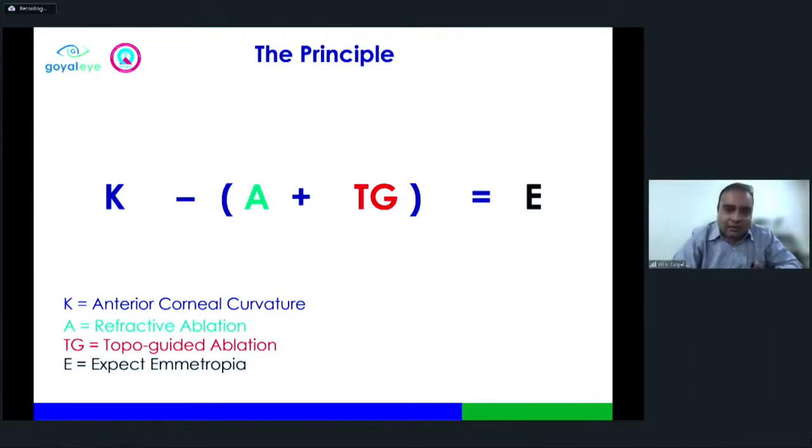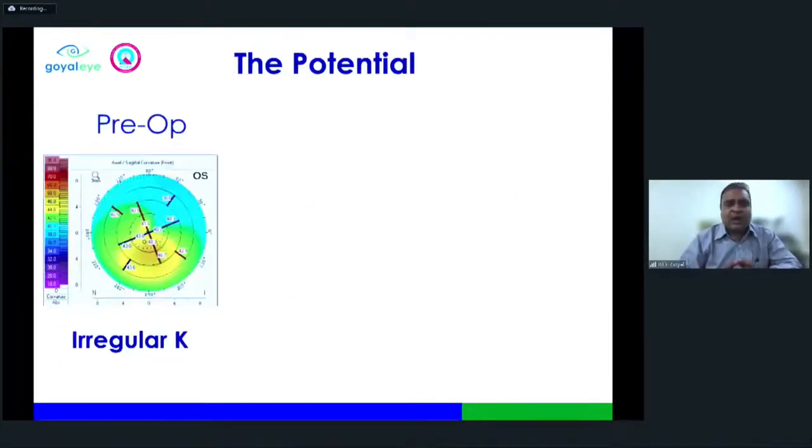Now, just to understand why this topography guided ablation is important, or whether it makes any sense, or is it a marketing gimmick, I'm going to take an irregular cornea. The reason for taking an irregular cornea is, on a lighter note, if you look at an advertisement of a detergent, you can only find out if it works if you have a dirty cloth to start with. So if you look at an irregular case here,